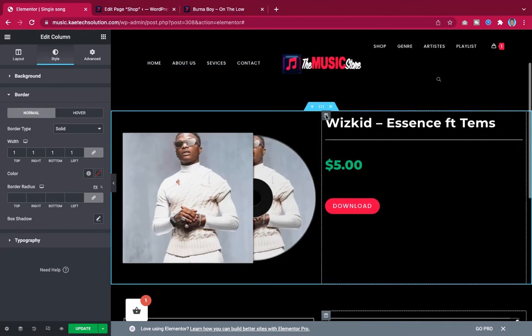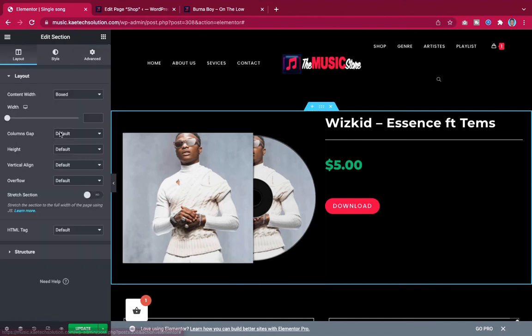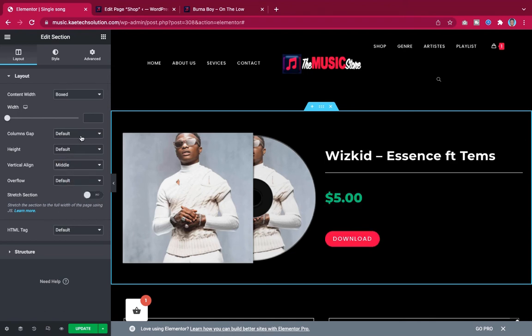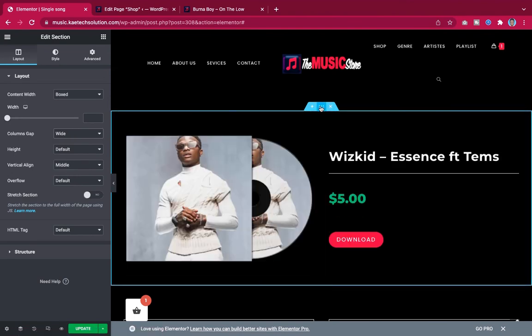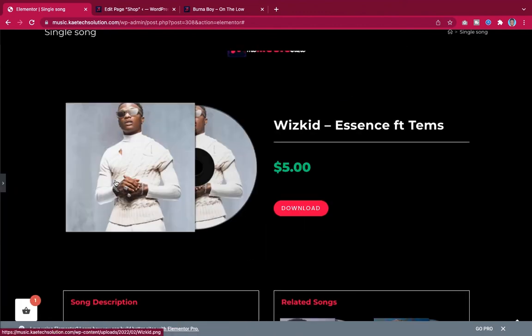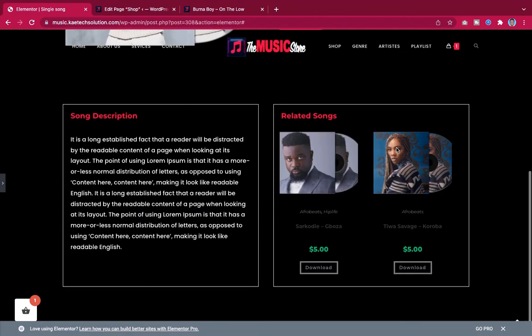But with this one, what we can do is we can go over here, the vertical alignment, make it middle, and then with the column gap we make it wider. Yeah, and then with this one we can give all the border around it just like that. But I think even with this one is quite okay. And then what we can do is